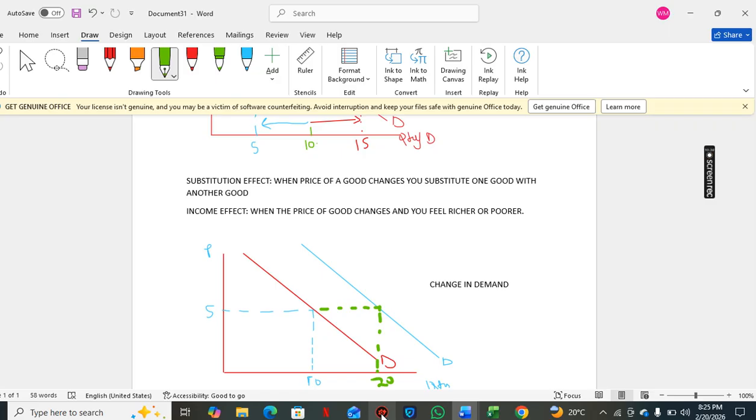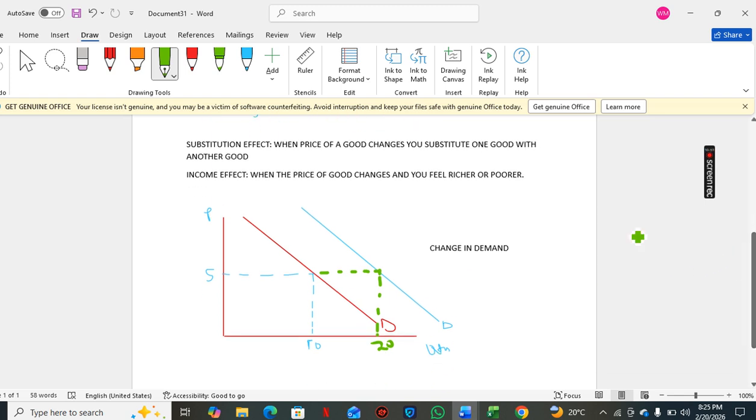Demand curve shifts to the right. And we're going to soon look at what causes this demand curve to shift like that. Then if the demand curve shifts to the left like this,